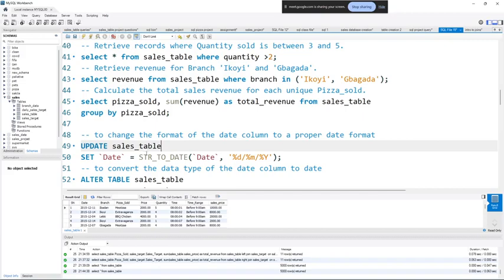So now I've prompted SQL that I want to update the sales table. Update the sales table. You told the exec that you want to update the sales table. What do you want to do? Now you say set that date column